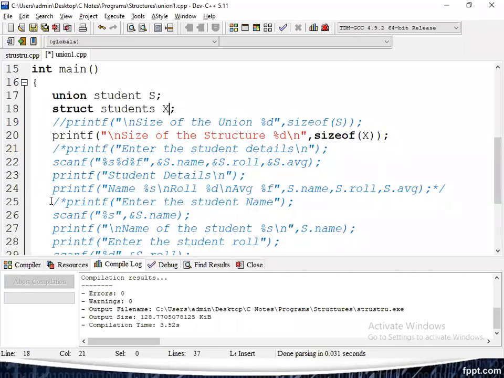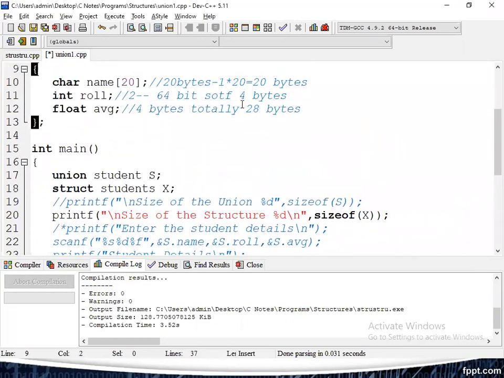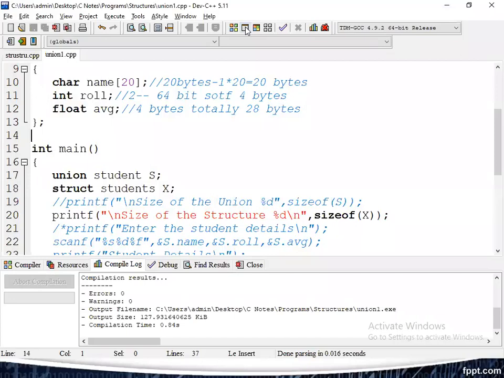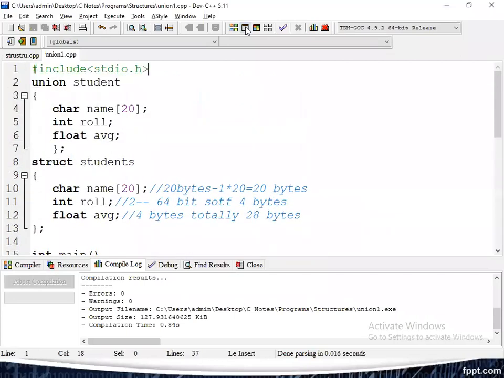What is the x value here? We declared x as a student structure. According to our discussion, it occupies 28 bytes, so that may be our expected output. Let us verify that output. The size of the structure is 28 bytes. According to our discussion, the structure variable occupies 28 bytes.